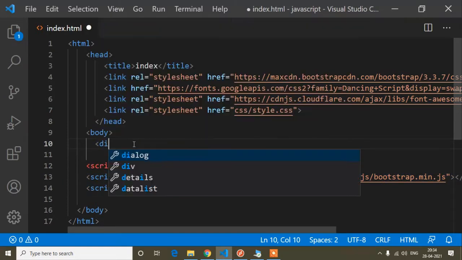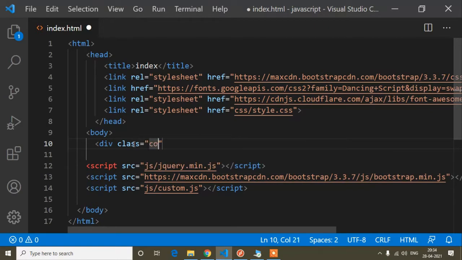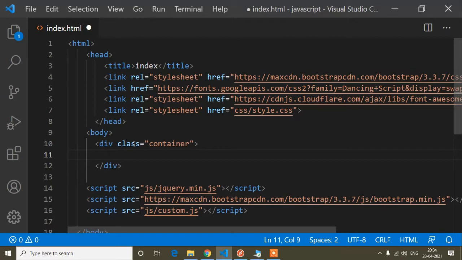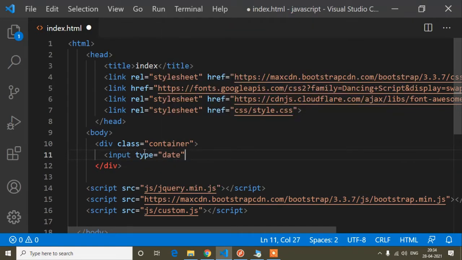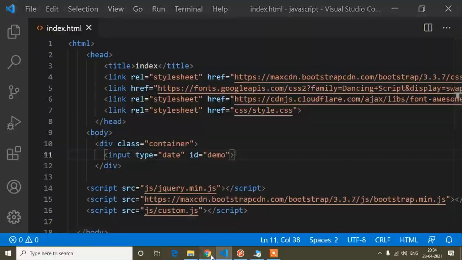First of all I will write a div with class container. The container is actually not needed for this functionality; I am just adding it for left and right space. Now inside this container I will write an input of type date, and set an ID of demo. Now I will show you.